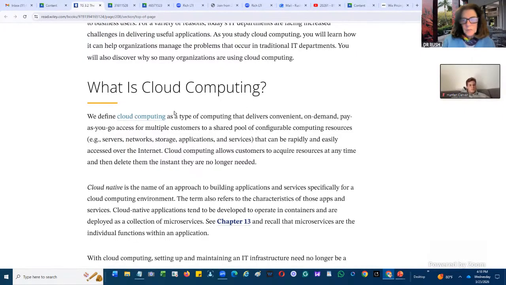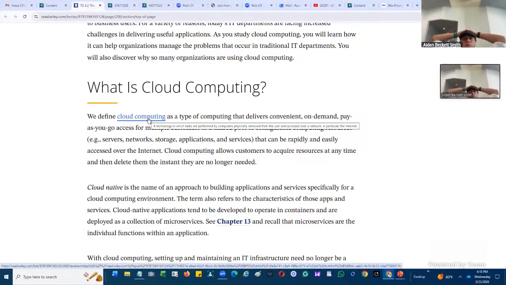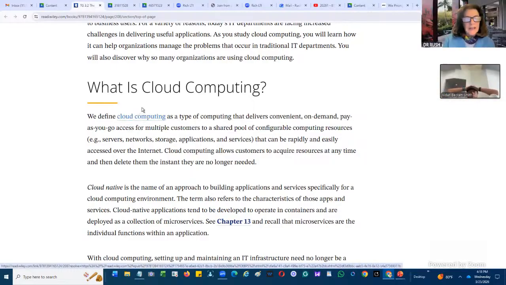Aiden, do you hear me? So what did you think? It'd be over the internet. So in this case, we are going to define cloud computing as something that delivers content. Think about it, Hunter.